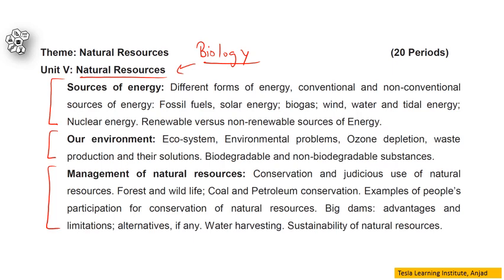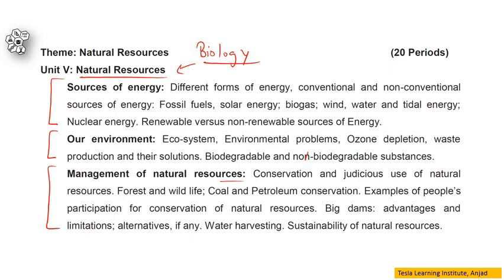So our second chapter in this unit will be our environment, in which we're going to talk about environment problems, like ozone depletion, waste production, and how to manage that waste. There are different types of waste, biodegradable and non-biodegradable. In your homes there used to be different kinds of bins for different kinds of waste. So all these things we're going to discuss in this, and how we're going to manage